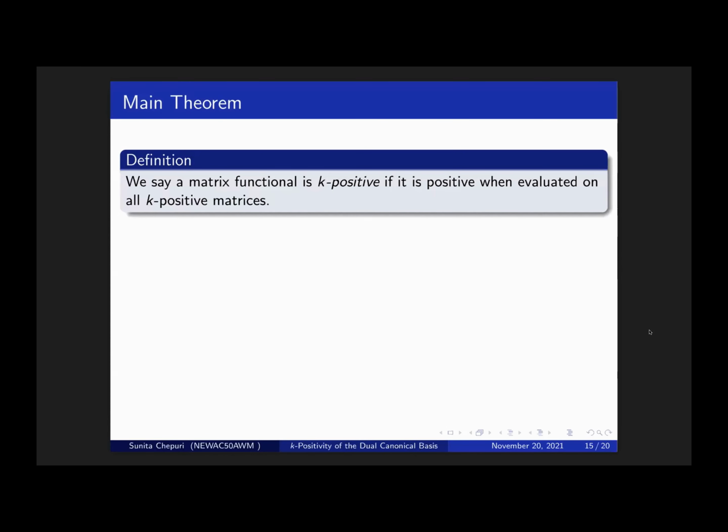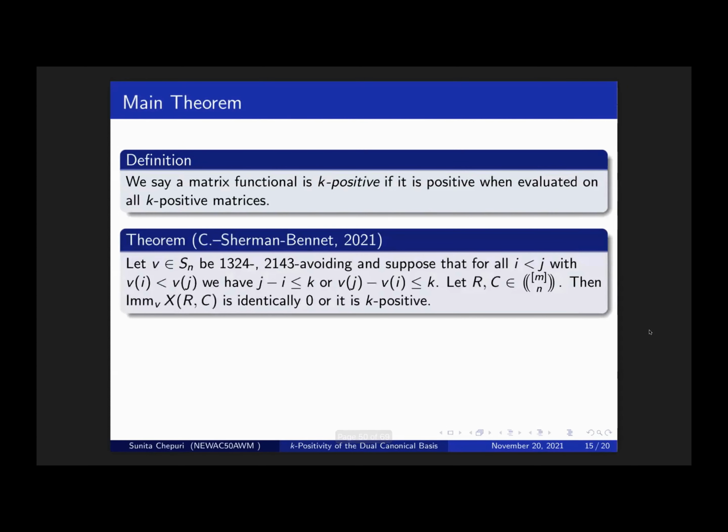So we'll say a matrix functional is K positive if it's positive when evaluated on all K positive matrices. And now we can state our theorem. So if v, a permutation, avoids these two patterns, 1324 and 2143, and also